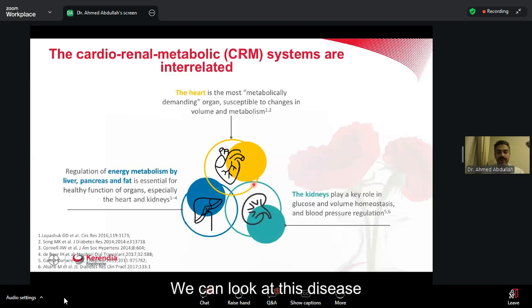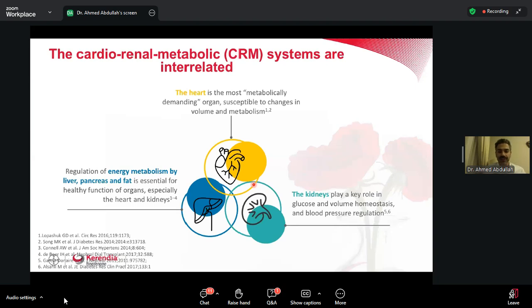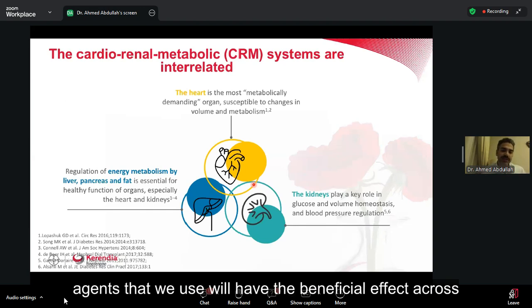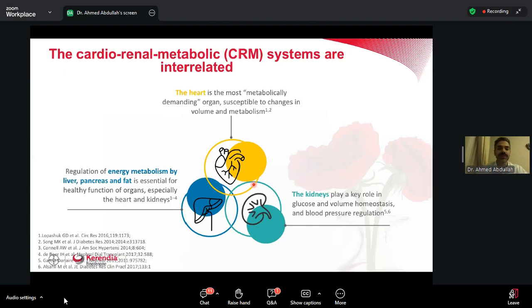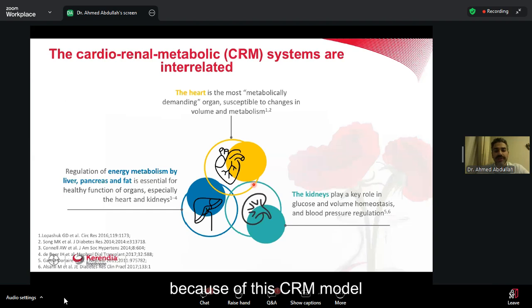And as one of my co-chairs and speakers said, we can look at this disease through a different lens. Once we consider that these diseases are interlinked, so one disease will affect the other, that will help us understand that these newer agents that we use will have a beneficial effect across the whole spectrum. That explains why, for example, SGLT2s and GLP-1s have a beneficial effect across all these different organ systems because of